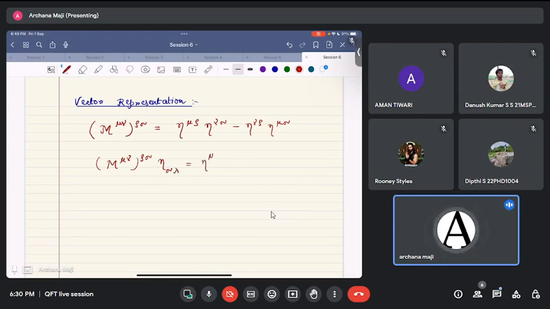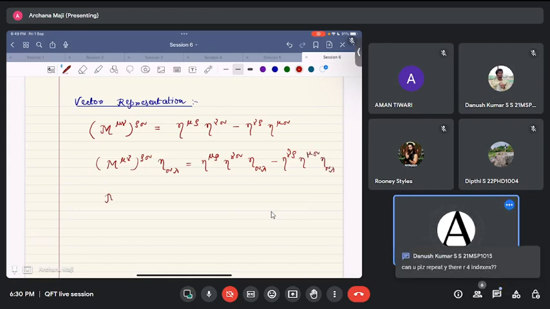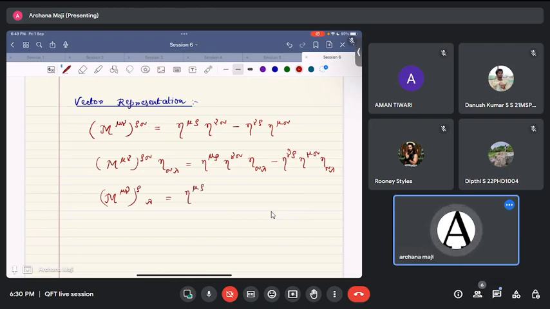So that will be eta^{mu rho} eta^{nu sigma} eta_{sigma lambda} minus eta^{mu sigma} eta_{sigma lambda}. So this becomes eta^{mu rho} delta^{nu}_{lambda} minus eta^{nu rho} delta^{mu}_{lambda}. Okay,